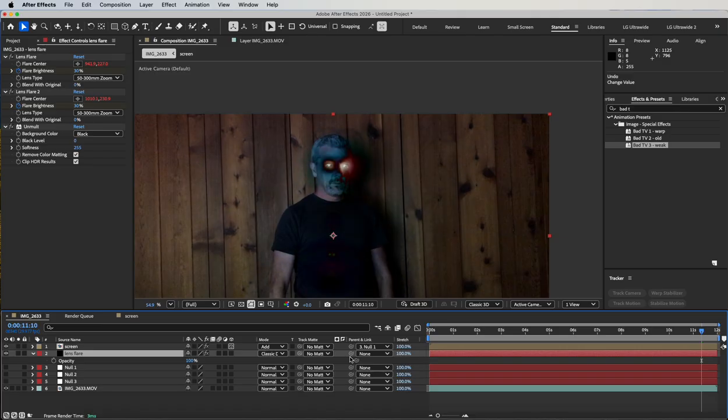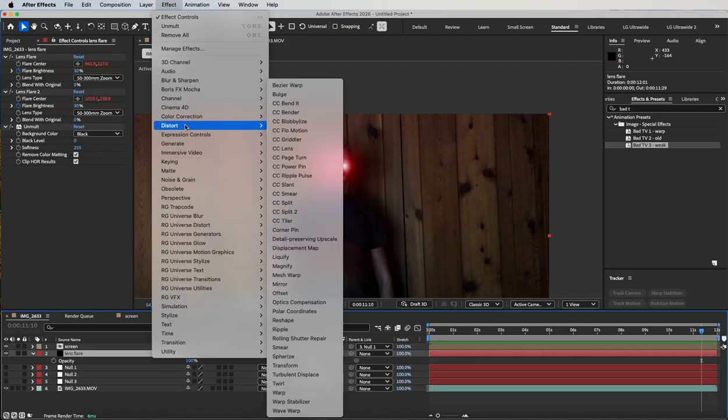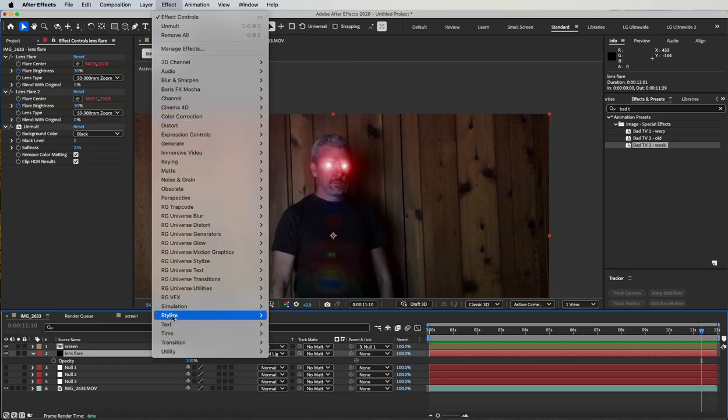And I think in my example one, I also added another effect to give it an even more unique look. I think hard light is the one I went with. And then I'm going to add another effect here under Effect. I'm going to go to Distort, and I think the one I used